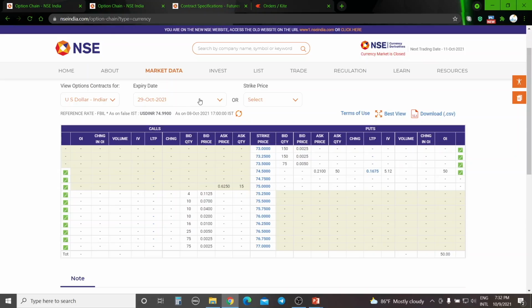Okay. So let us see now. You have seen, just forget about the other pairs. USD INR itself is like this, so don't worry about the other three contracts. There is absolutely nothing available on the weekly. Even the current week, nothing is available on the Japanese yen and Indian rupees. So there will not be anything. Just focus on the USD INR trades. So we will see what kind of margins we are going to pay for trading CDS.